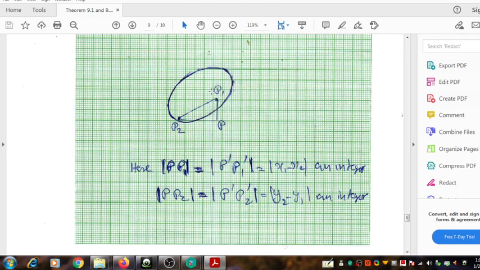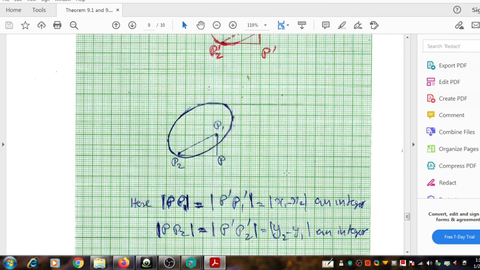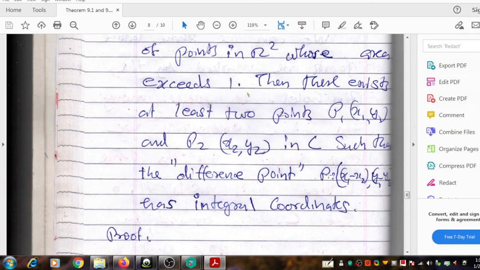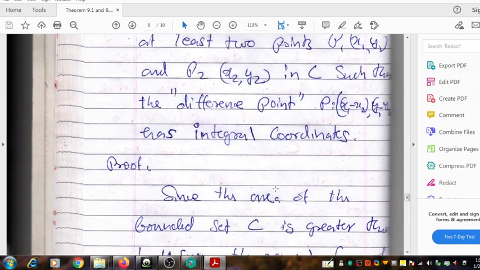Thus, once again finally, we can say that given a non-empty set C having area greater than or equal to 1, there exist at least 2 points in C such that, when we compare these values with the difference point, the difference point P is x1 minus x2, y1 minus y2, and such that